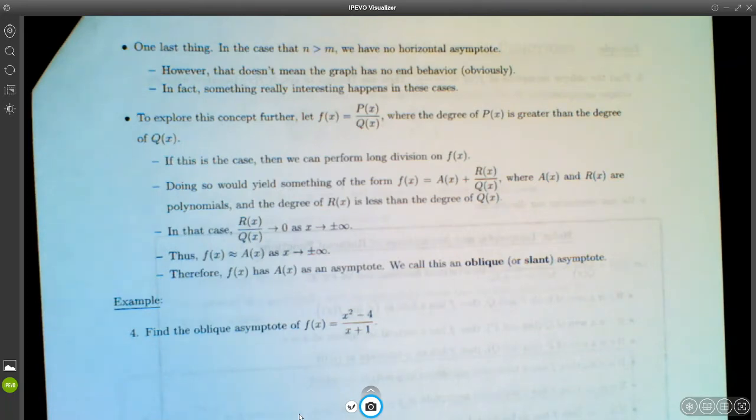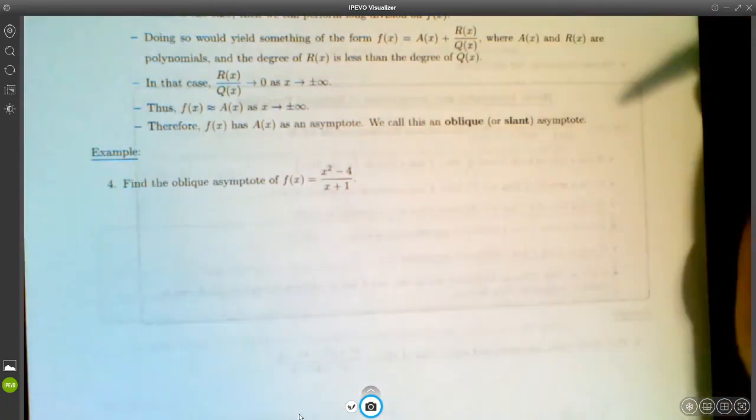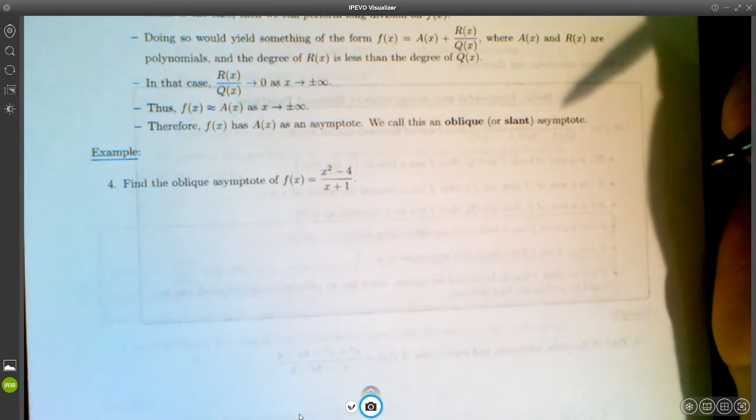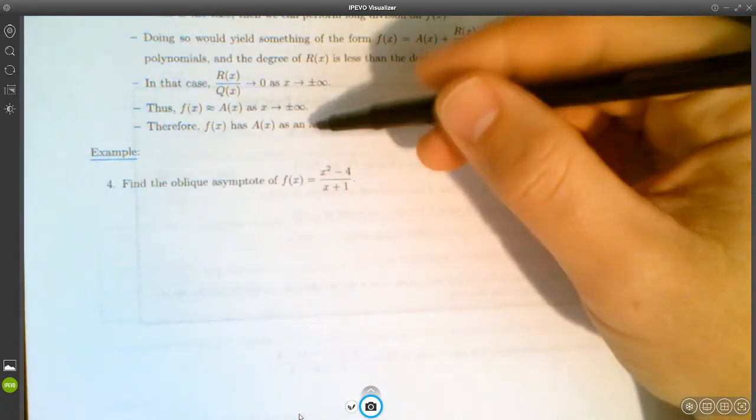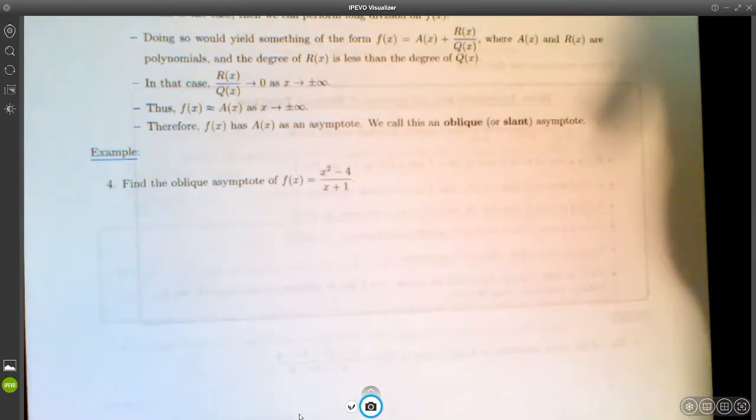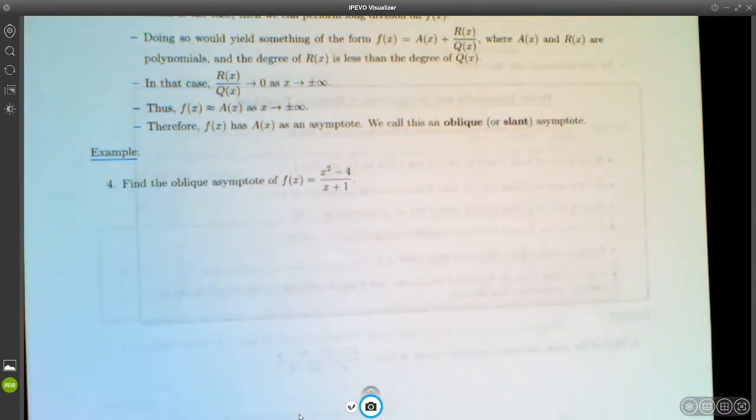anything else, right? So number 4 asks us to find the oblique asymptote of this function. Okay? To do that, first of all, note that it does not have a horizontal asymptote because the degree of the numerator is greater than the degree of the denominator. However, that means that we can perform long division. So performing the long division,